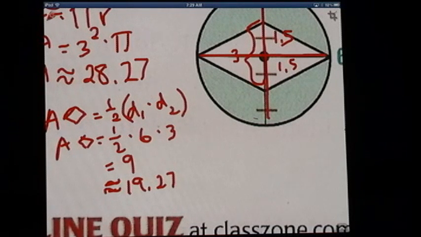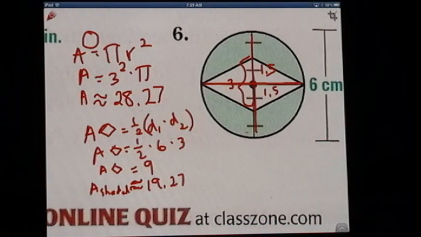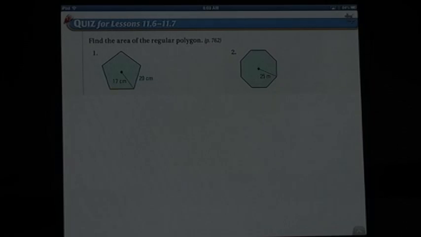So the area of the shaded region is approximately 19.27, and that's in centimeters squared. Always go back and check to make sure you've put in your units. Okay, now we're going to, on page 777, go through 1 and